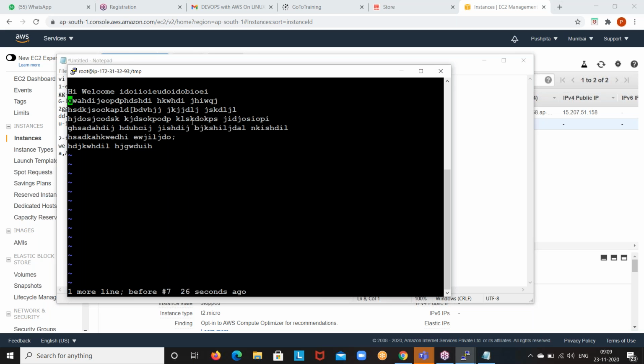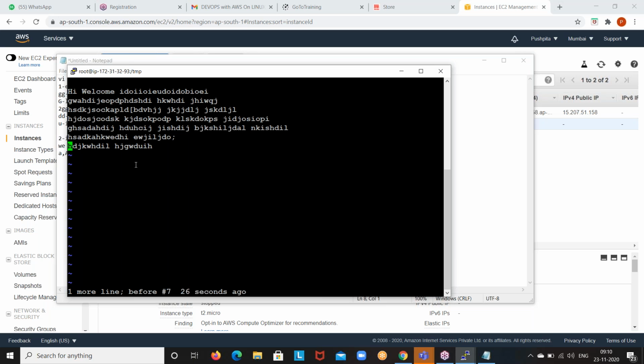If I want to edit in the last line, first use capital G. Now I'm in the last line.